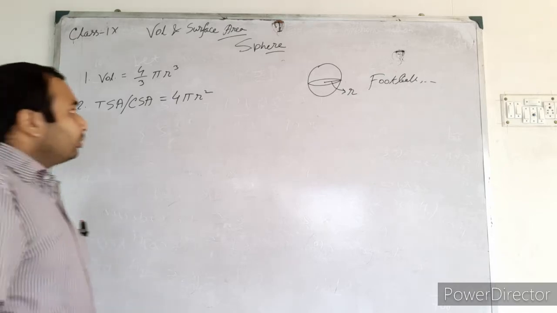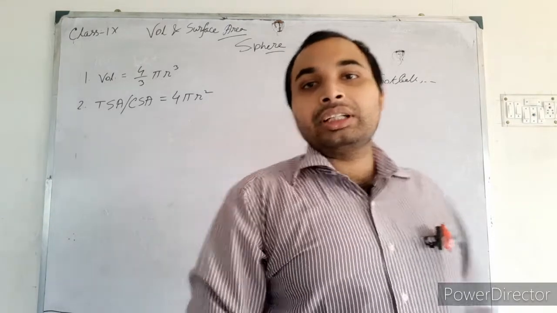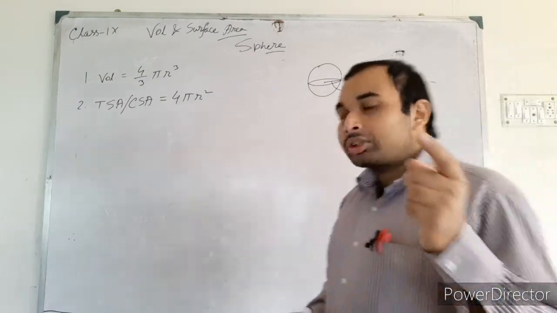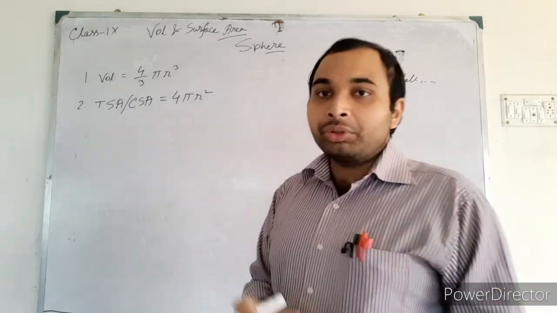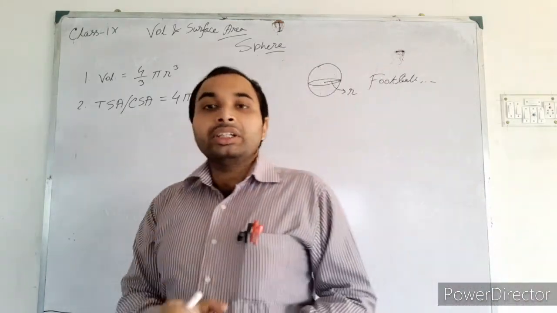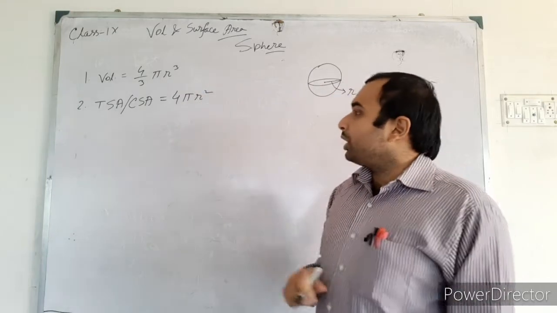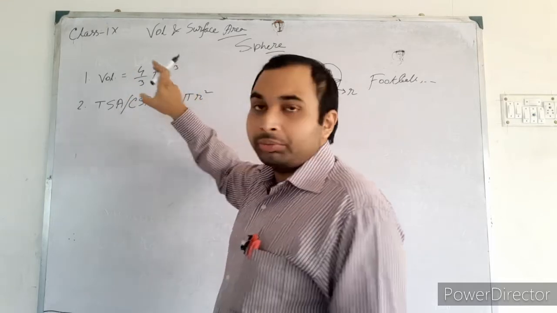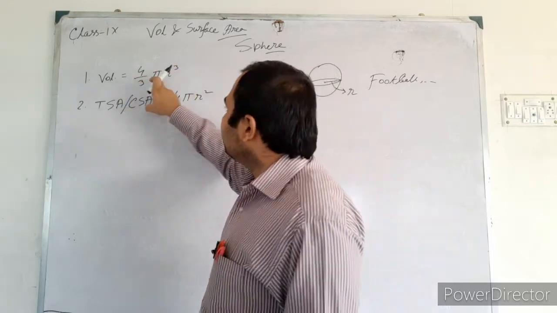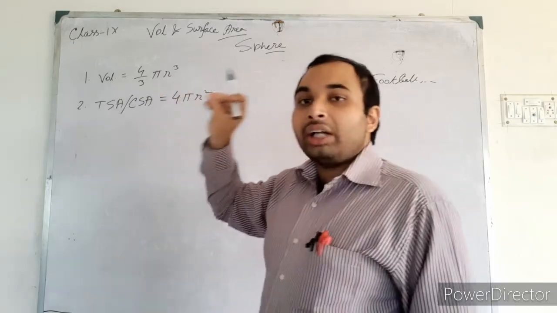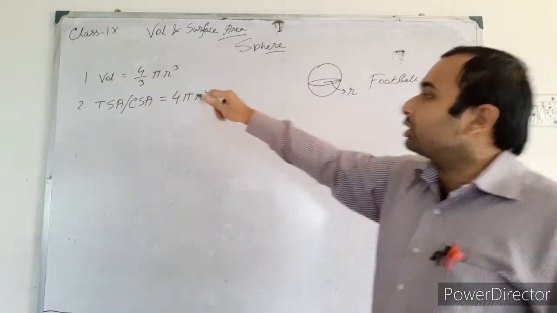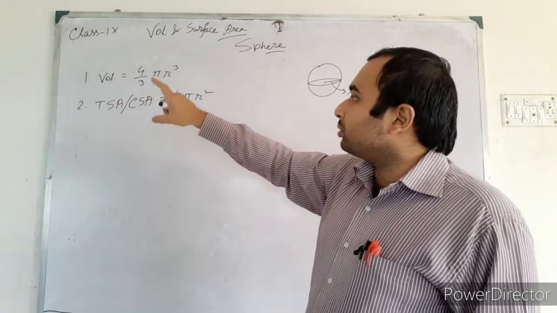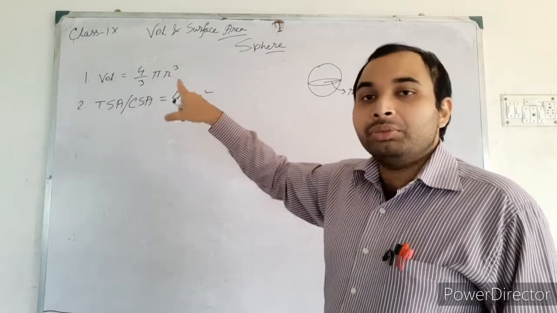Now sometimes I have seen that you have trouble memorizing those formulae. I have also given some tactics to memorize the formulae of the cylinder, cone, and others. For sphere, you need to keep in mind that for volume it is the cube. Volume is the cubic unit. So for volume it will be pi r cube, and sphere has 4/3. So keep in mind that 4/3 will be there, and pi r cube because volume is the cubic unit.